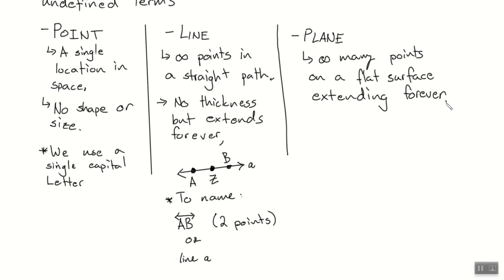Even if we try to put them here, I can still do this, and that plane is differently aligned every time. Do I need a third point to anchor this up? So how many points do you think we're going to use to name these bad boys? 3 of them, absolutely. So how we name them is important, and we'll look at that. But we're going to say infinitely many points on a flat surface, and then when I draw my planes, I always draw parallelograms because I feel like it gives me a little bit of depth to it. If you just want to draw a rectangle or square, I'm good with it.